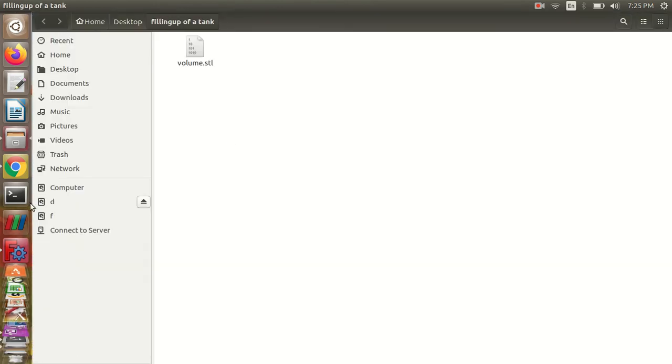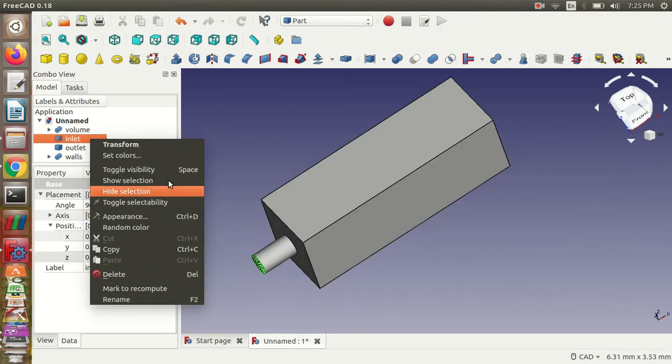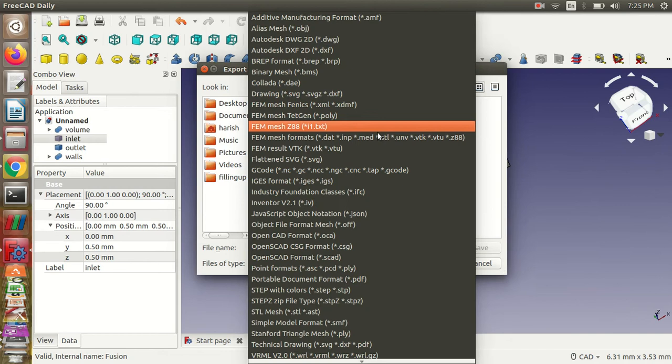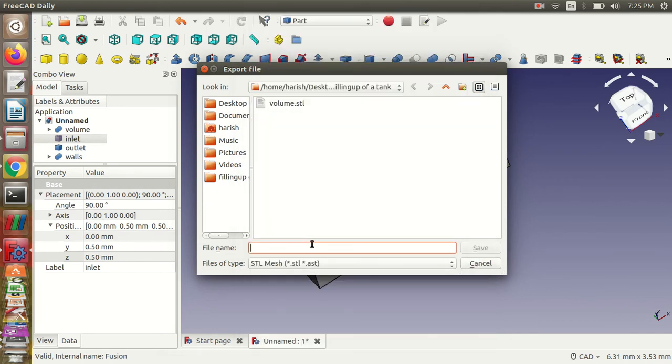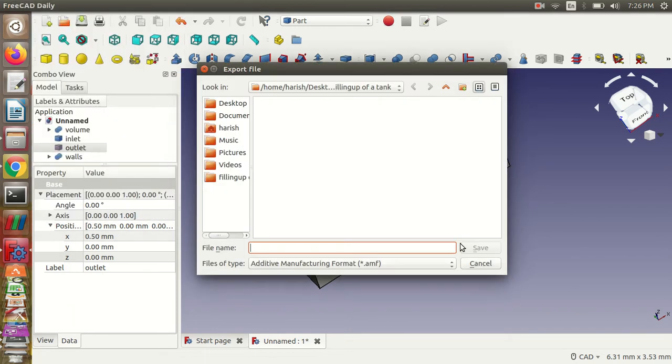Yeah, our STL file is now ready. But we need to export the other things also. So I'll quickly do it. So this is my inlet file, and this is my outlet file.